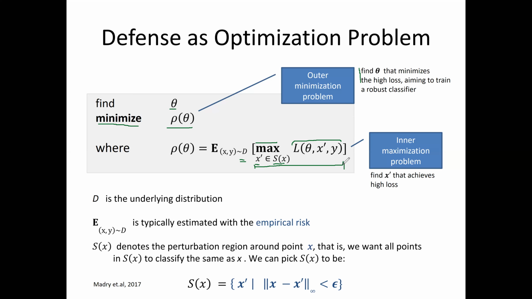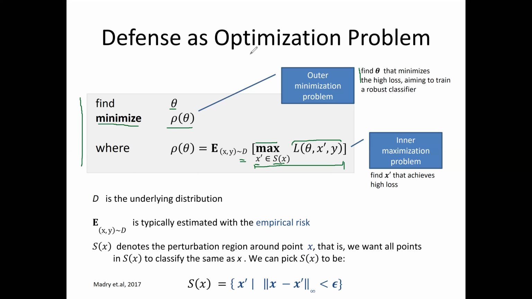You try to find the worst case situation, and then you fight against it by minimizing its effect, if you want. So that's all there is in this nested optimization problem,